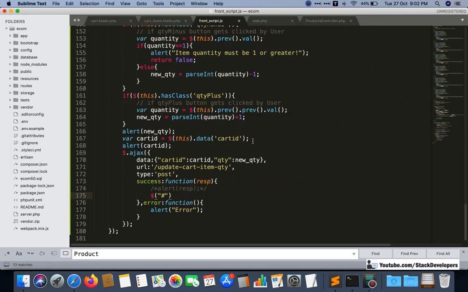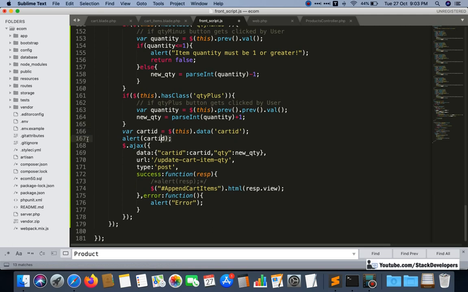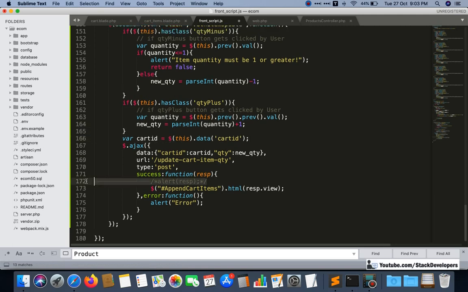Okay, in success response we are going to refresh the for each loop with this id, like I told you in the earlier video. Okay, so html response view. Okay, we are going to show the refreshed view here, so I'm going to give it like this. Now we can remove the alerts and all the commented code.